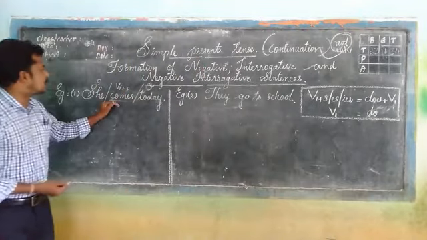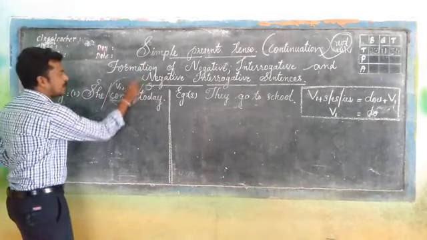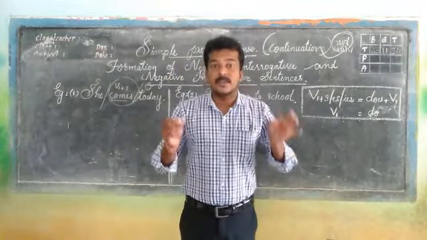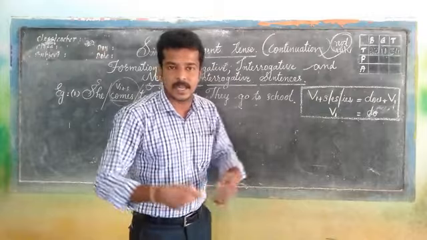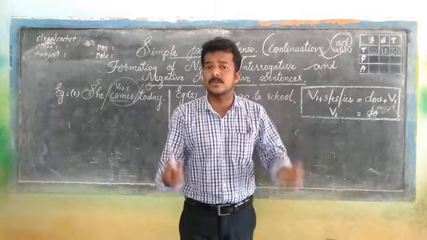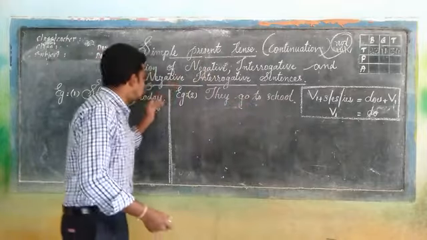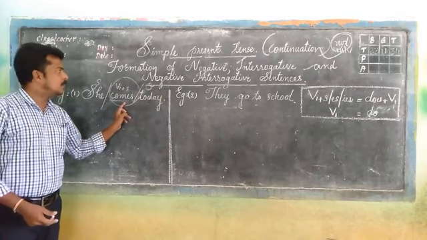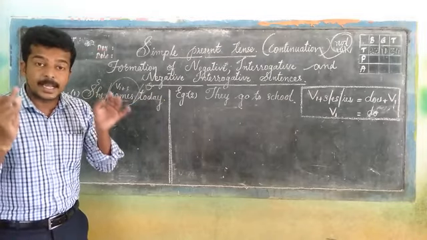According to this sentence, she comes today, the subject is there, the verb part is there, and the object is there, but the helping verb is not there. Helping verbs, as you know very well, are words which help the main verb. For example: is, am, are, was, were, has, have, had, do, does, did, will, shall, may, might, can, could, used to, dare to, need to, ought to, etc. They are called the helping verbs. And this sentence doesn't have a direct helping verb, only subject, verb, and object.